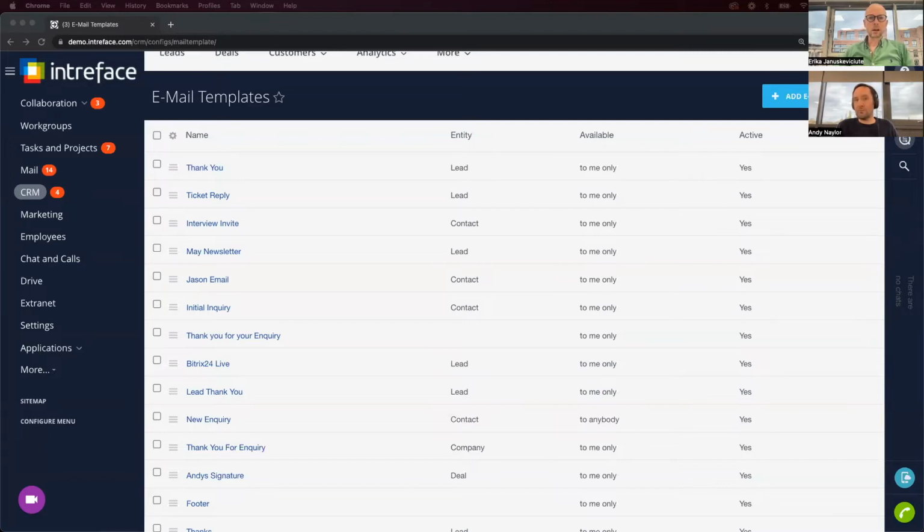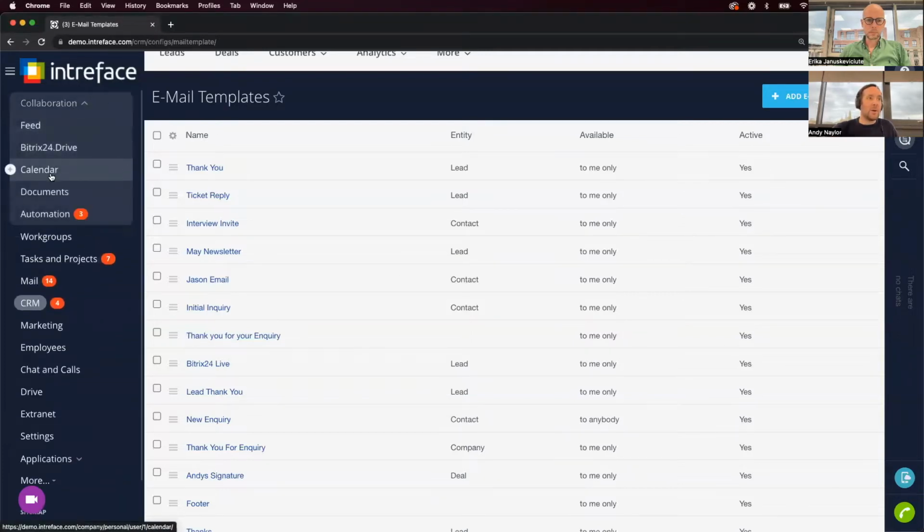Is there a way to mark dates that marketing campaigns are going to be sent out for other departments to access? So I guess this is in the marketing module, isn't it? Probably email campaigns and those sort of things. Yeah, I know who this one came from, and this one came through earlier in the week, and what they wanted to really know was how to show your marketing plan to other members of the company. Now, what we would generally recommend, there's two ways of going about this, is that